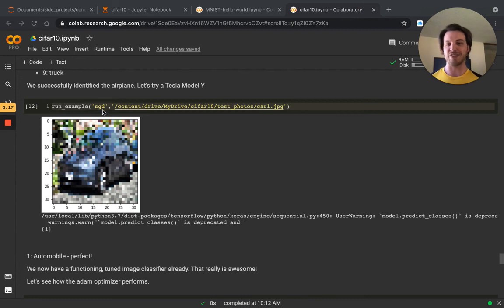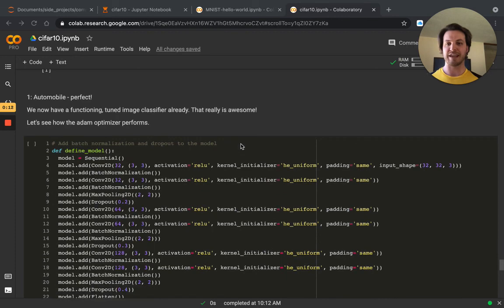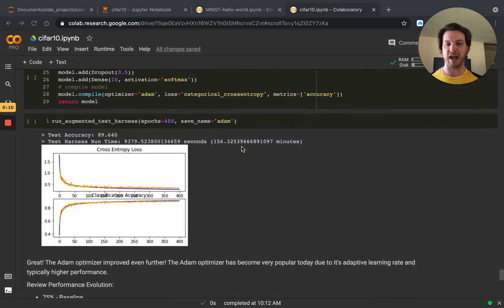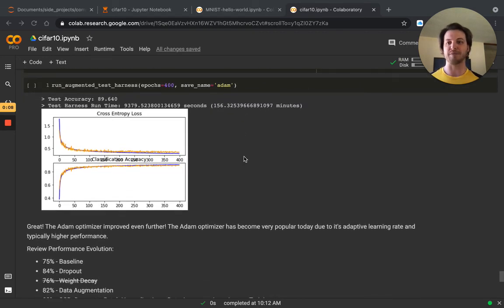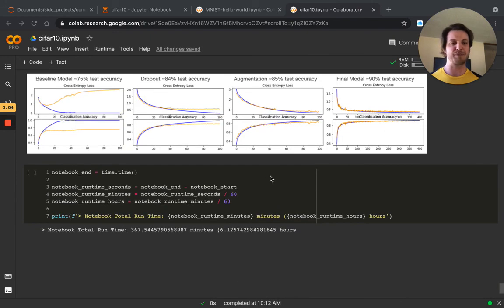We did use stochastic gradient descent as the optimizer, so it's definitely worth taking a look at the Adam optimizer, which is a dynamic optimizer, and it performed even better, almost 90%. So here's our summary. Please check out this code if you'd like, and look forward to